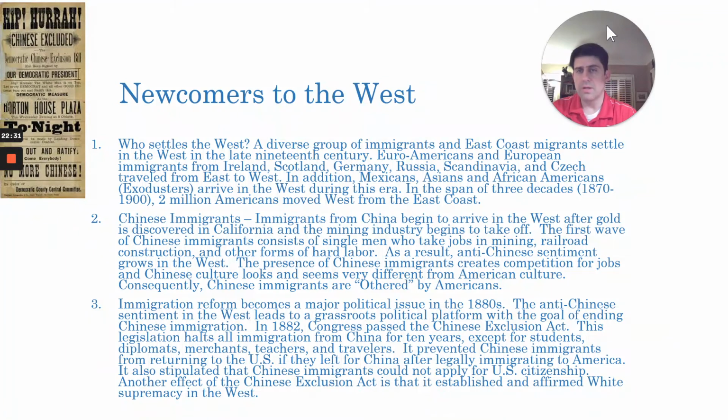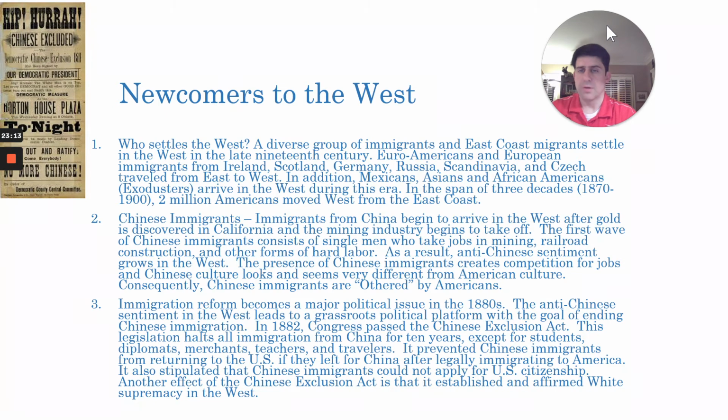It's clearly not all Native Americans, but sort of a mixed bag of immigrants from all over Europe, as well as from Asia and Mexico, and African Americans mostly coming from the South during this time. So each of these groups puts their own stamp on the western region of the United States during this time period. However, there is one group that is sort of singled out by the white settlers out there, and that is